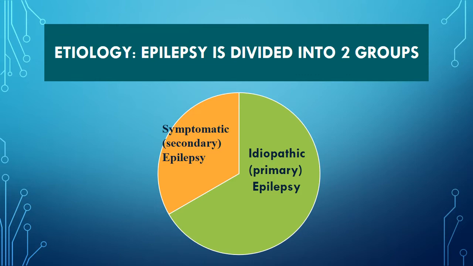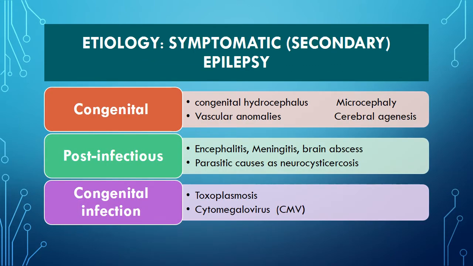On the other hand, 1/3 of children with epilepsy have organic brain lesion, and they are detected in their MRI brain, and it's called symptomatic or secondary epilepsy. Symptomatic or secondary epilepsy could be due to congenital etiology, either congenital hydrocephalus, cerebral malformation, or vascular anomaly, or could be due to a previous CNS infection, either post-encephalitic or post-meningitic, or due to brain abscess, or could be a complication of cerebral